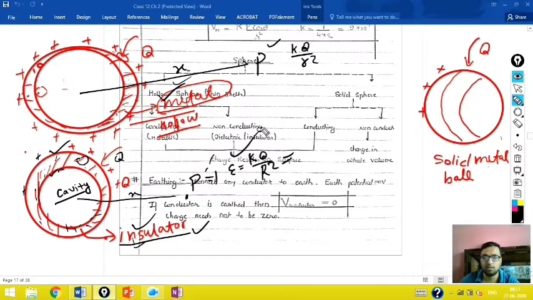Just try to understand, instead of electric field I can ask you about potential also. In that case also you will say that it is kq upon r, and here also kq upon r, if this distance is r. Or if you have taken it as x, you can just apply x only. I mean to say kq upon x, like that.